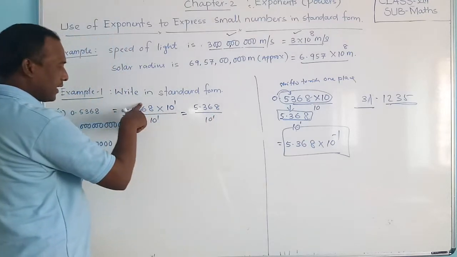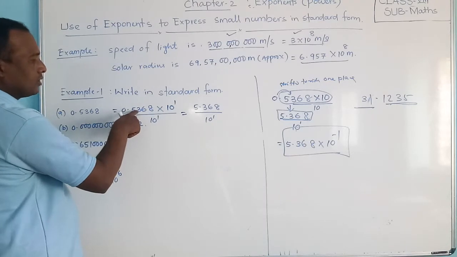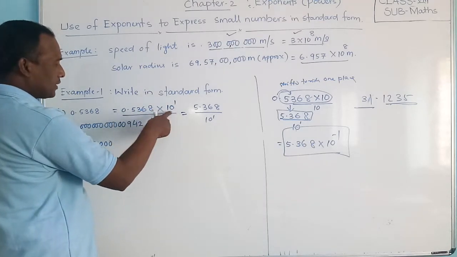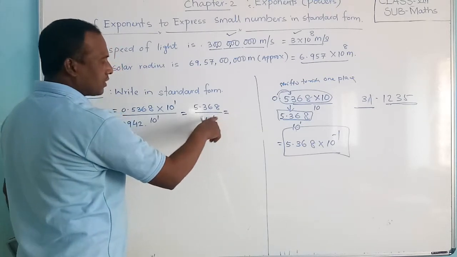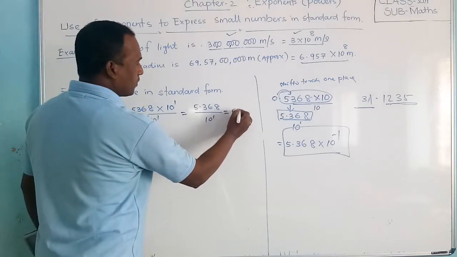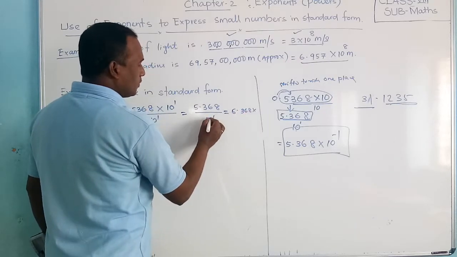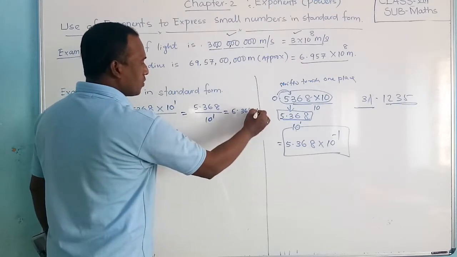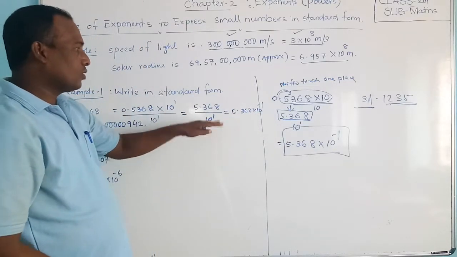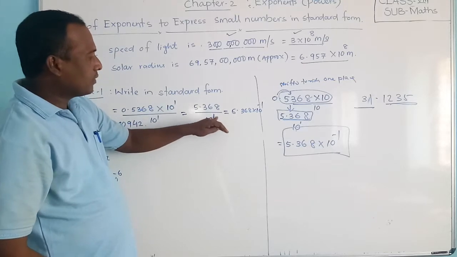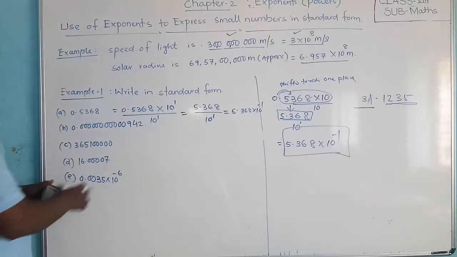If 10 is multiplying, then we don't have to divide now, because we multiplied, it is needed. So whenever we multiply with 10, that number will come, then 10 power 1. So what will you get as the answer? 5.368 into 10 power 1, reciprocally it will go to 10 power minus 1, because it is 1 by that. So whenever there is division, the power will become minus. So this is the answer. Now we will go for the second one, students.